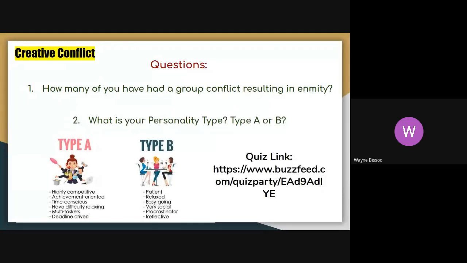All right, I like the direction you took here. Let's see what you're going to be doing with the rest of it, Miss Sibarat. Go ahead, continue. So the second question is, what is your personality type?